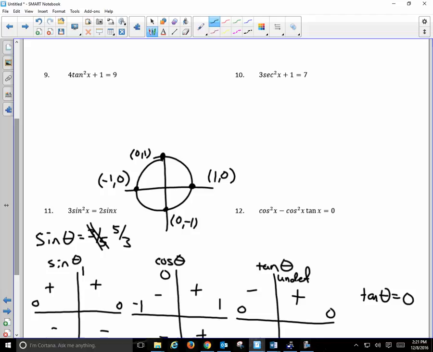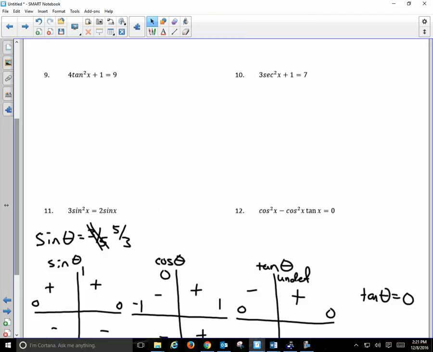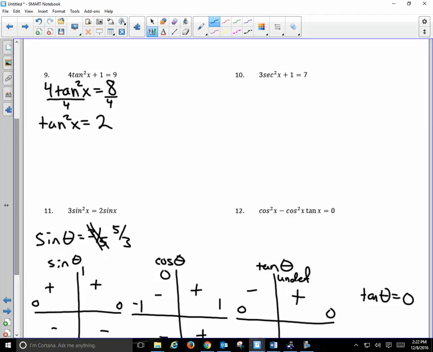We got number 9. What should I do first? Subtract 1, so I have 4 tangent squared of x is equal to 8. Now what? Divide by 4, so tangent squared of x is equal to 2. Square root both sides. Tangent of x is equal to,